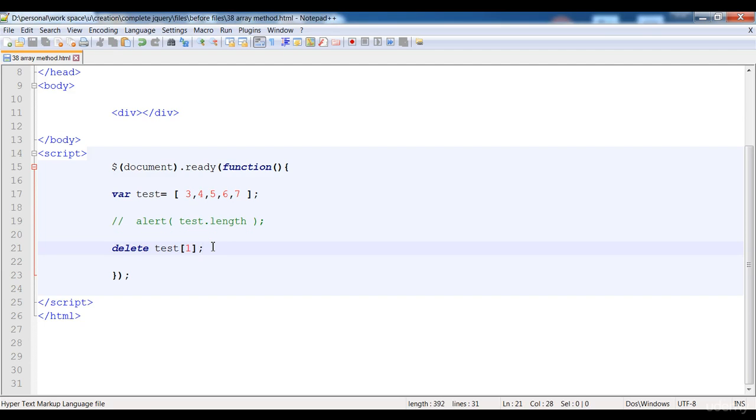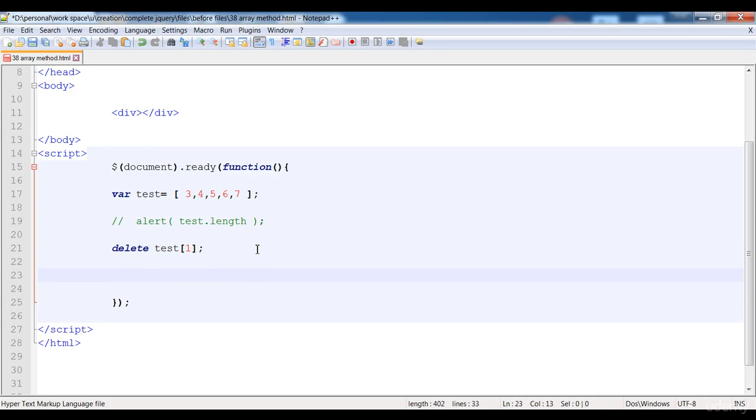But when we do pop or shift the values, the value indexes are also removed. Right now only the value of the index is removed, the index itself is not removed. Here I'm going to alert